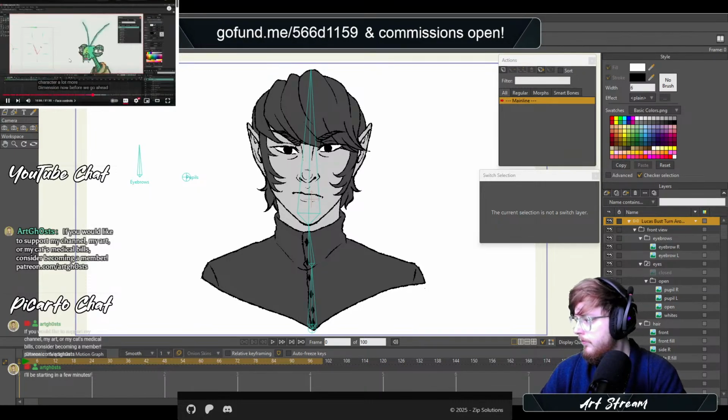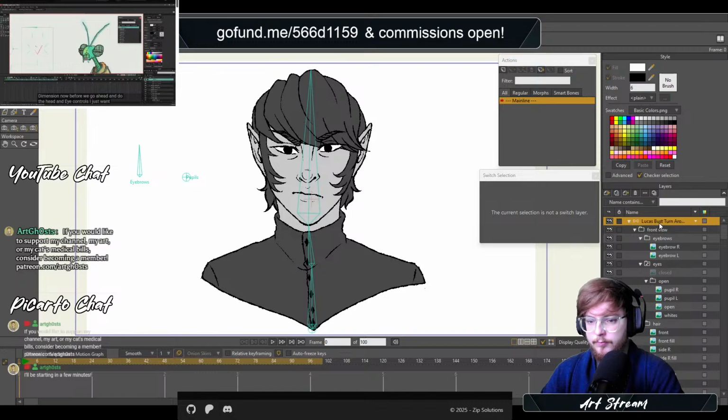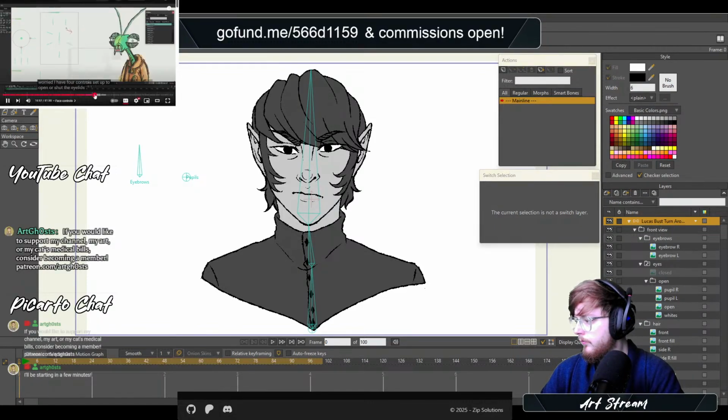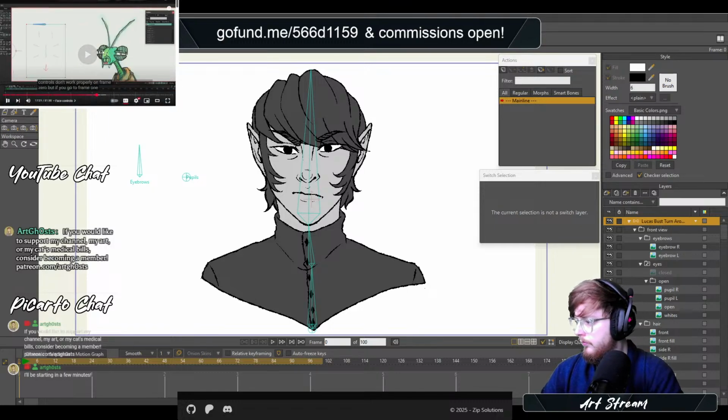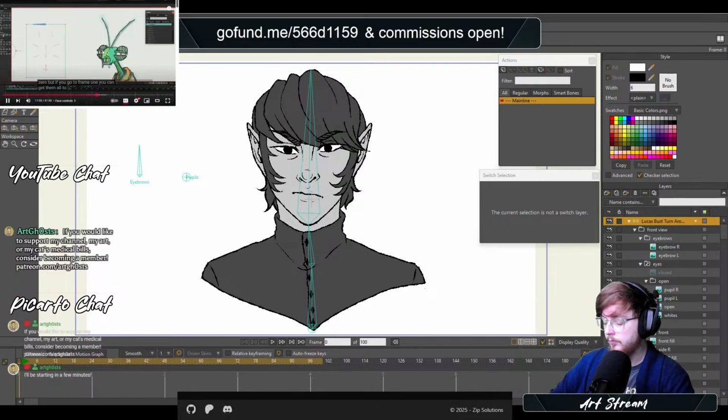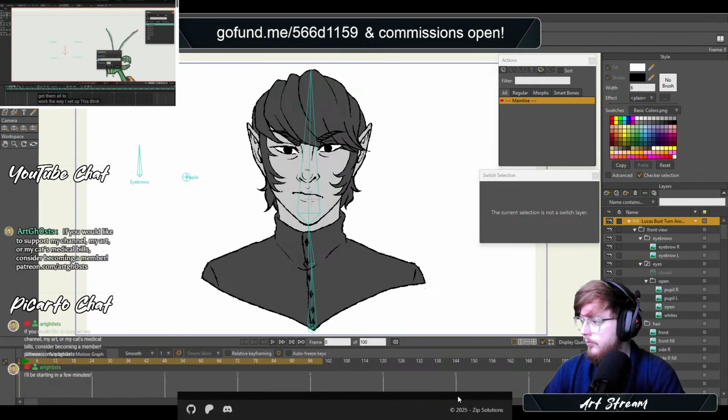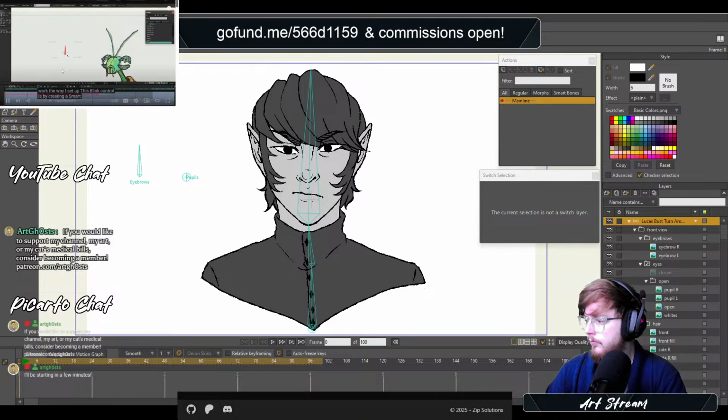Now before we go ahead and do the head and eye controls, I just want to show that I've made smart actions for the face as well. I've created the top two to do the top lids. You might find on frame 1, it's all the way to the left. You can get them all to work. The way I set up this blink control is by creating a smart action, and on frame